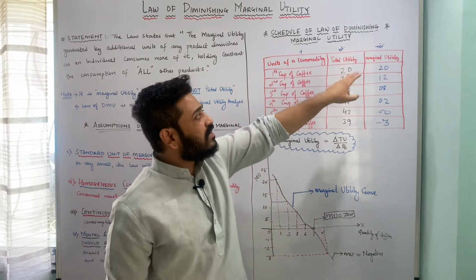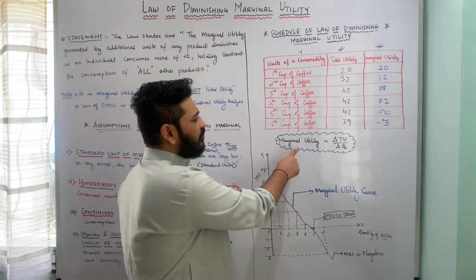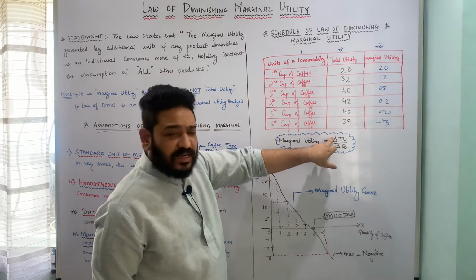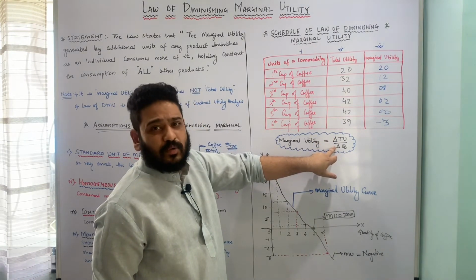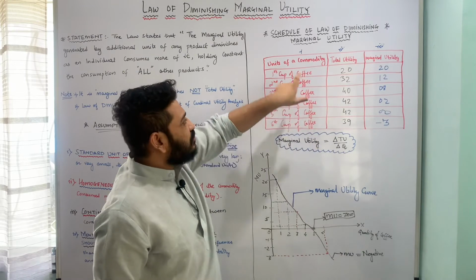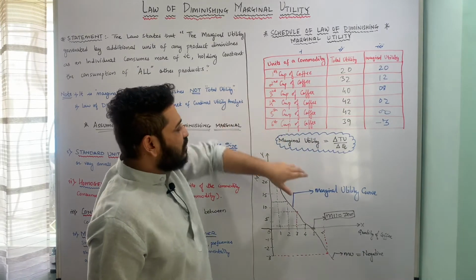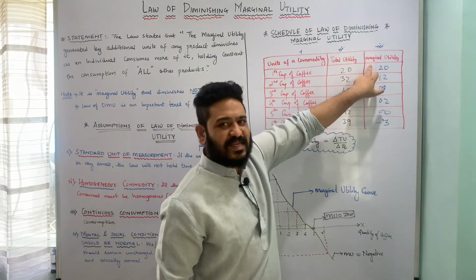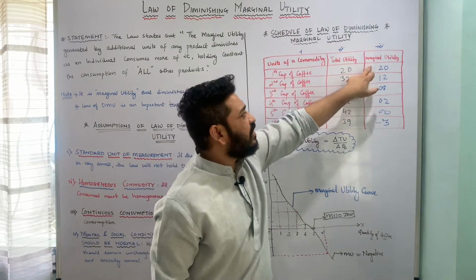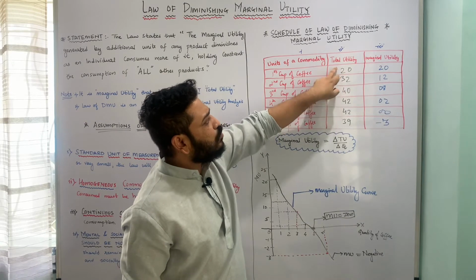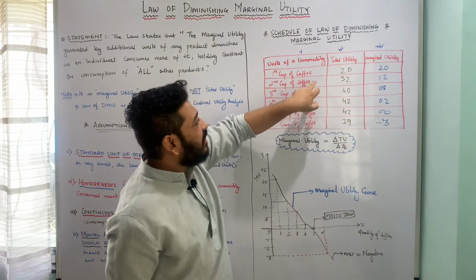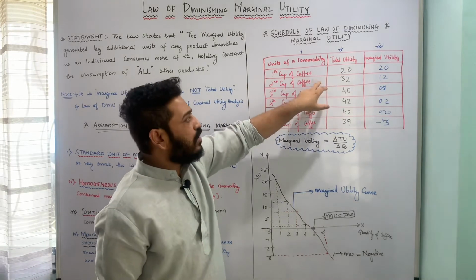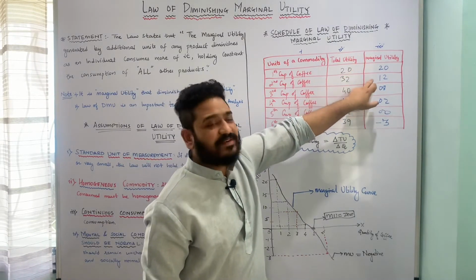On the contrary, let us look at marginal utility. Now we know the formula for calculating marginal utility. It is nothing but the change in total utility divided by the change in the quantity of commodity consumed. So here the change is happening by 1 unit, so this delta Q is going to remain 1. Let us look at what is happening. The first remains the same because there is no previous consumption. Let us look at 32 minus 20 divided by 1, because a 1 unit change is happening. So 32 minus 20 is giving me 12.